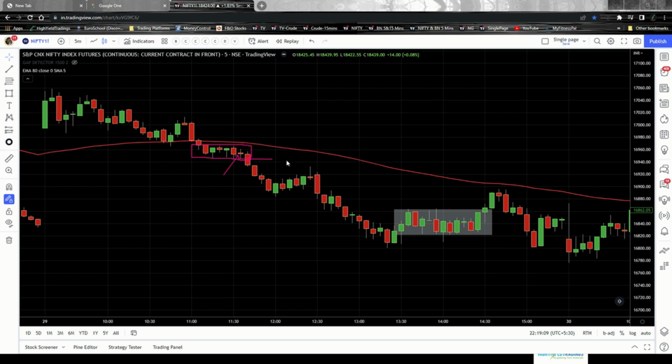So you would have again initiated a sell trade here very easily. You would have initiated a sell trade here because the price action is supporting a down move, because after consolidation the low of this candle was breached. So that is point number one, that is the first confirmation.